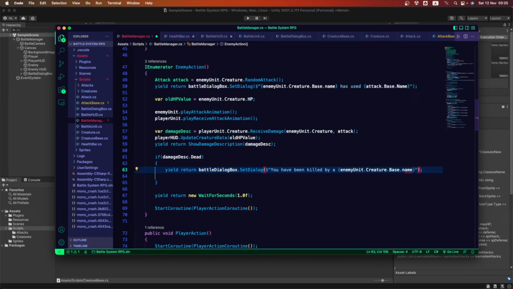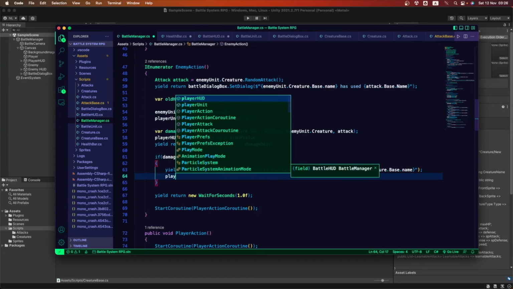Okay, so this is the name. Yeah, there it is. So we want to get that value. You have been killed by whatever the name of our enemy is. Okay, so it looks a bit confusing, a bit funny, right? Because we are getting the message for the player inside the enemy action and not in any place related to the player. But that's how this logic works. We can only know if we have been killed after all of this happens. So that's why we're gonna be setting this message here, not in any place related to the player.